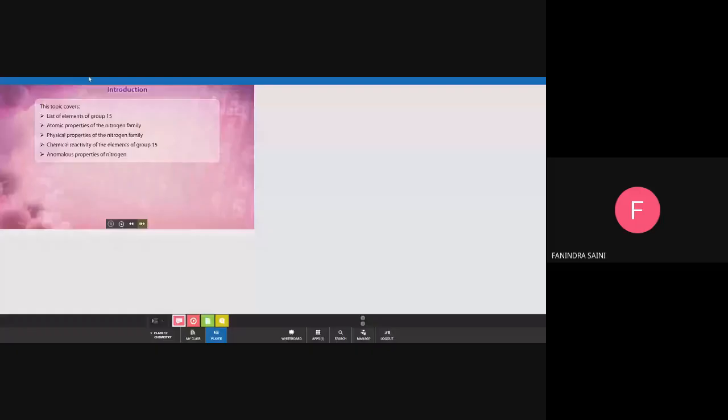First of all, nitrogen. You know what percentage of the atmosphere is nitrogen? Anybody, without looking at the book? How much percentage of nitrogen is contained? 78. 78%. Okay. 78% nitrogen is present in the atmosphere.